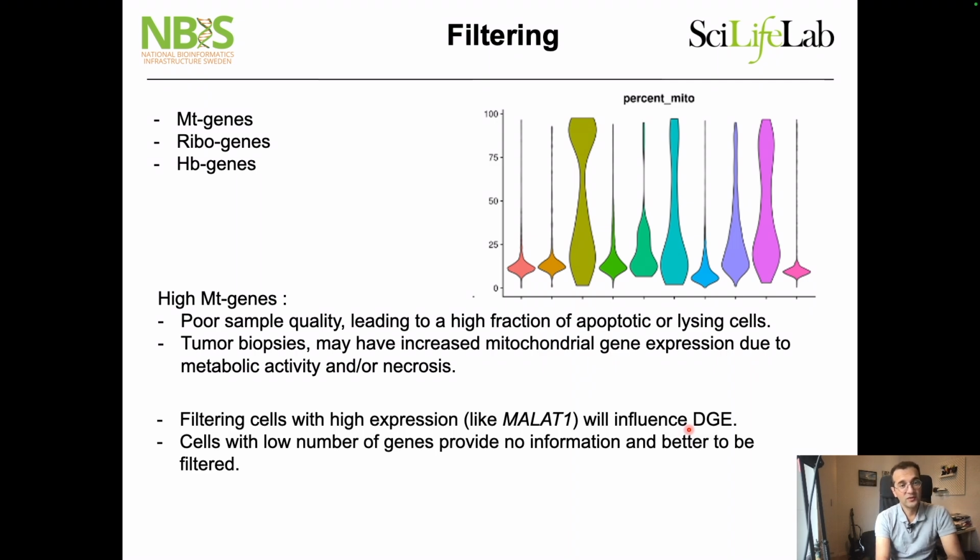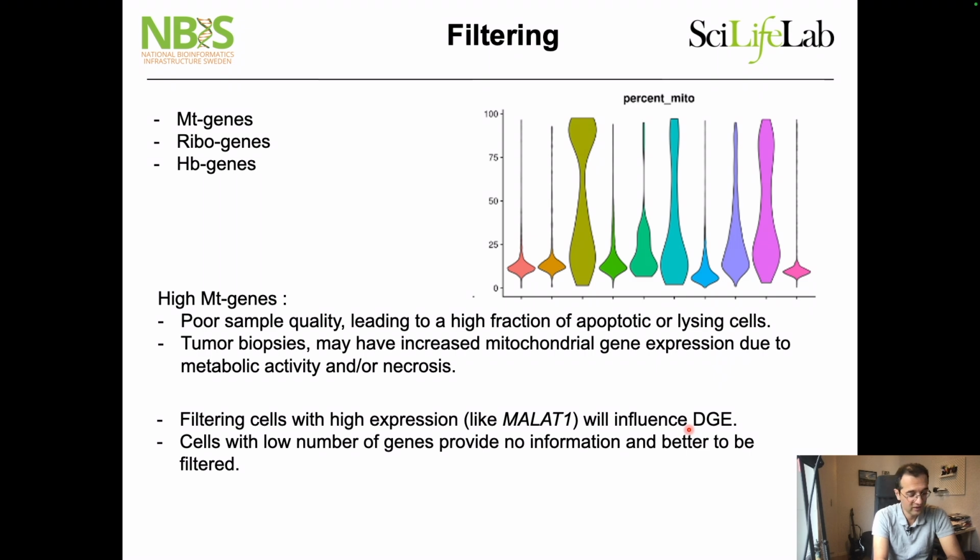In addition to this filtering, there might be still some genes like MALAT1, which pops up all the time in single-cell RNA-seq data, and it's important to remove those for differential gene expression analysis. And last but not least, we exclude cells which do not provide enough information, like those cells that do not